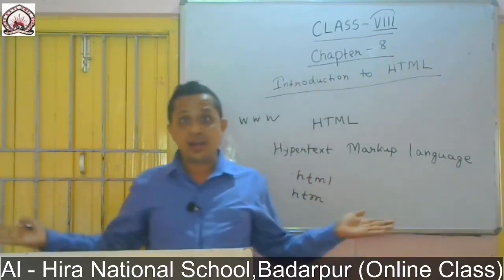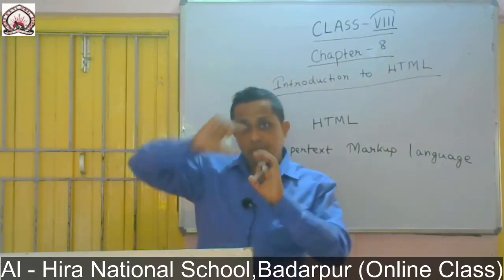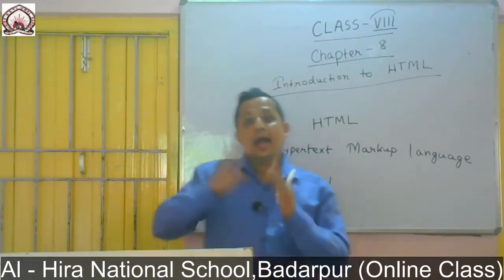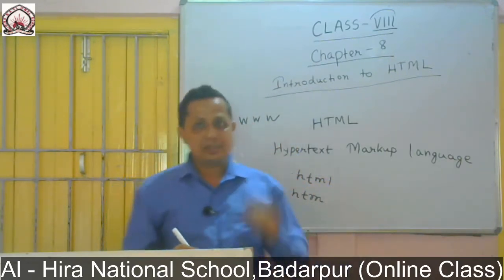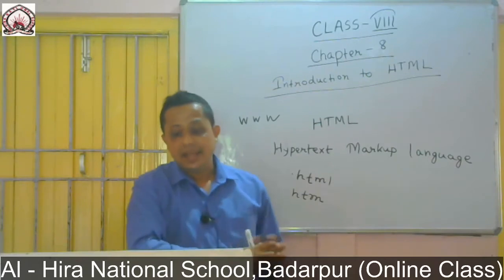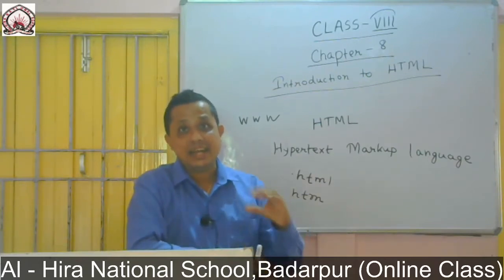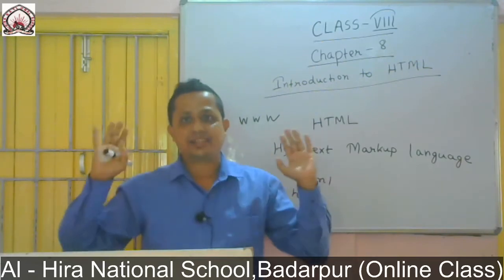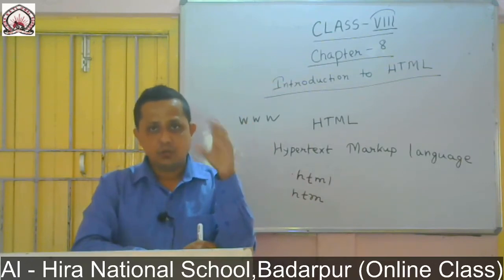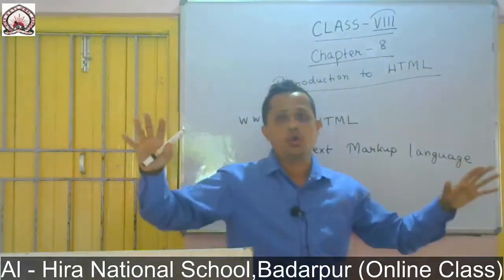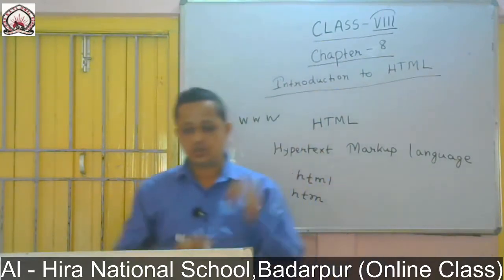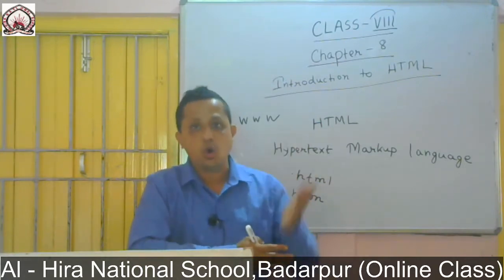Now, we cannot understand 0 and 1. So what happens? We write in high level language, which is known as the source code, and then it is converted into machine understandable language, which is known as machine language or low level language, or binary language. So what is source code? A source code is a program written in plain text by a programmer to design a web page. For designing a web page, when we write the simple code, this code is known as source code, or sometimes only source, or you can also just call it code.